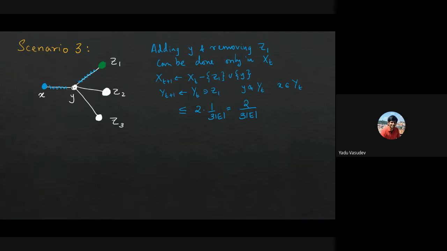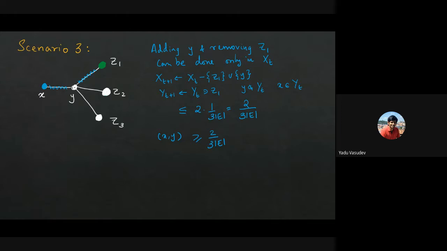Exactly. So there are two possible moves that you can do. Of the three moves, two will reduce the value. So if you choose the edge xy, then this reduces the value by at least something like 2/3, because there are two possible moves, each with probability 1/3.